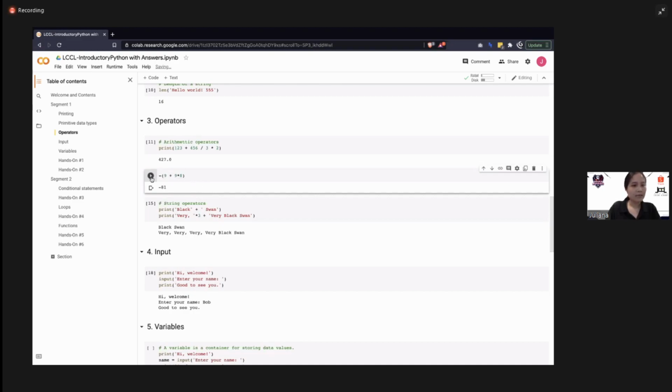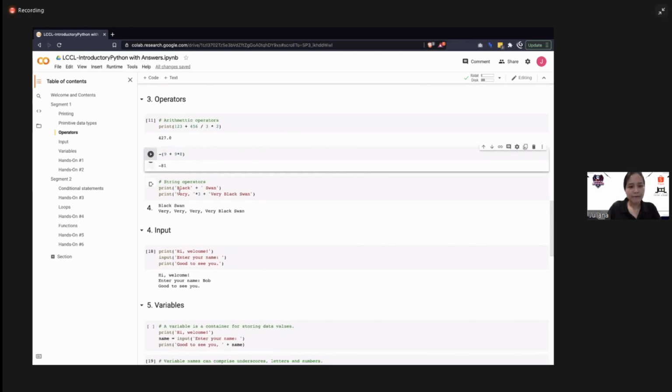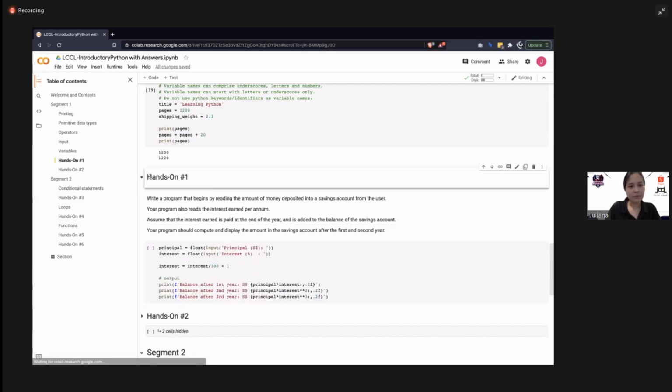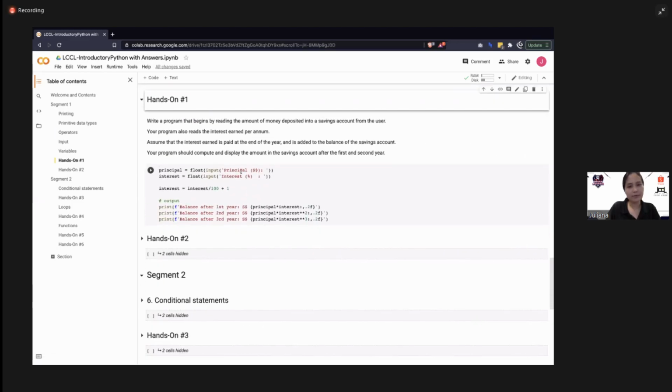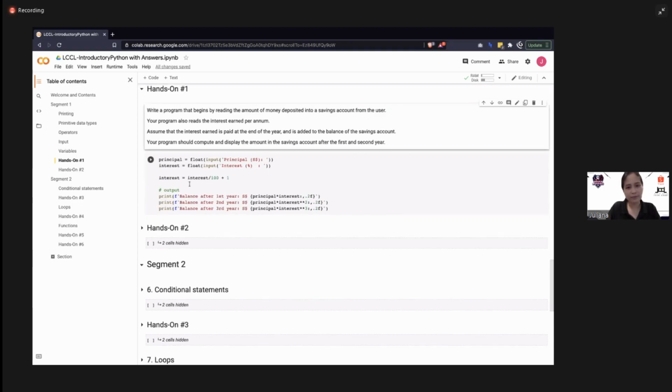Some of you, when you click this button, see that it takes a long time to run. That could happen the first time you use Google Colab, because Google has to allocate the resource to you, so it will take a little bit of time. Okay, so let's have a look at hands-on number 1. Now, to make it a bit faster, so that we can progress a bit faster, I've already put the